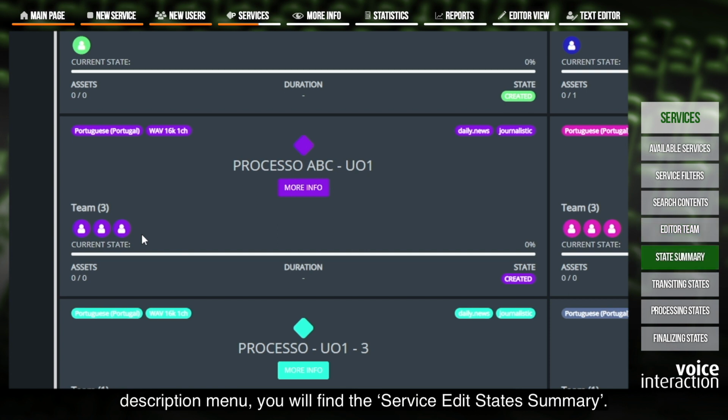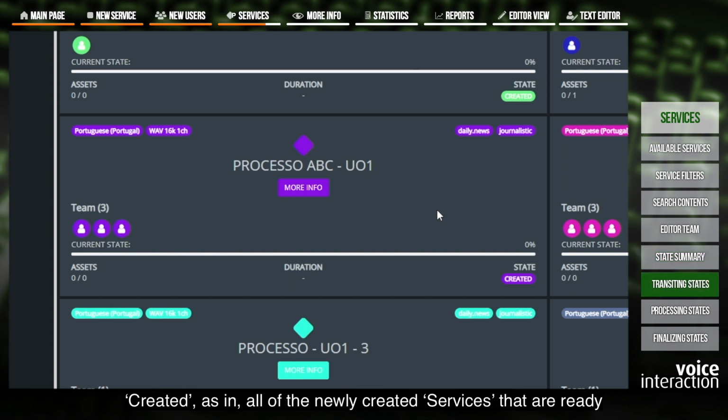To conclude this description menu, you will find the Service Added Stats Summary. The number of total assets, total duration, and service state will be displayed. The service states are as following: created, as in all of the newly created services that are ready to receive media assets; importing assets, as in all of the media assets that are currently being imported with yet no editor